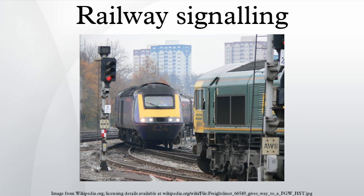Fixed block. Most blocks are fixed, that is, they include the section of track between two fixed points. On timetable, train order, and token-based systems, blocks usually start and end at selected stations. On signaling-based systems, blocks start and end at signals. The lengths of blocks are designed to allow trains to operate as frequently as necessary. A lightly used line might have blocks many kilometers long, but a busy commuter line might have blocks a few